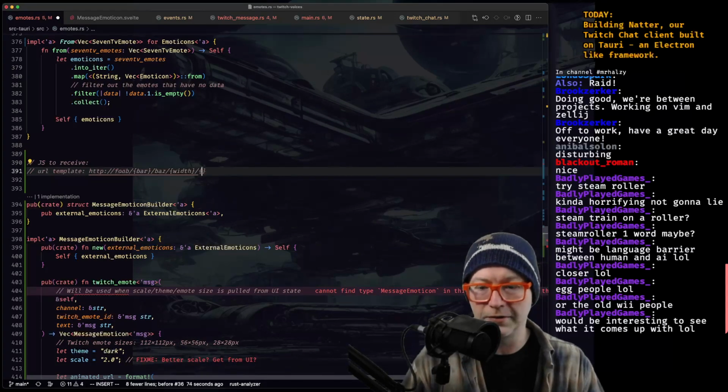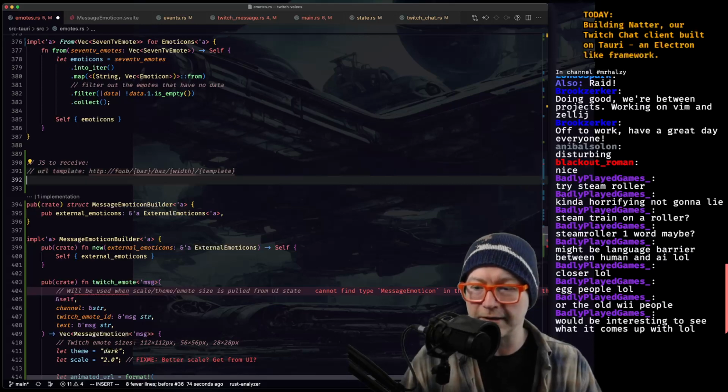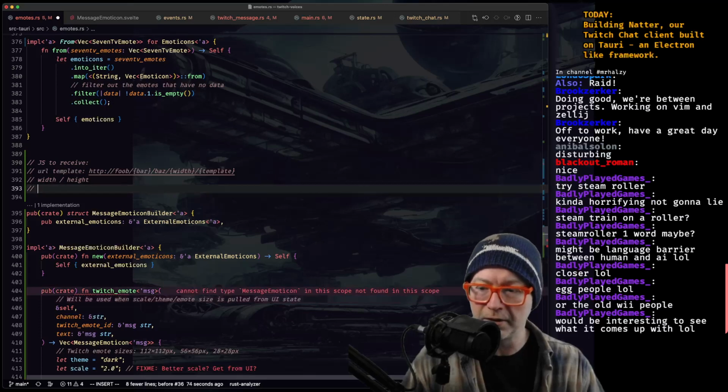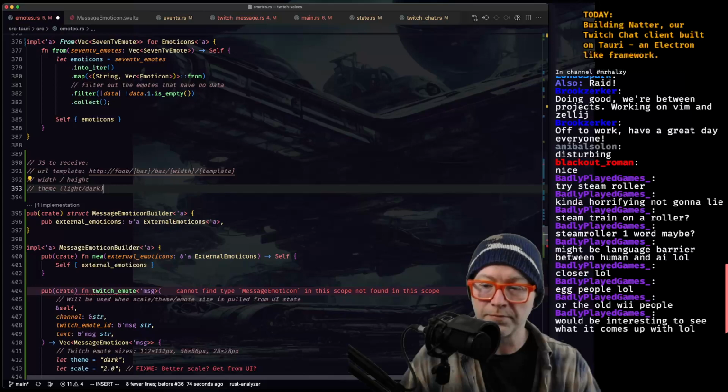With /template, blah, blah, blah. You get the idea. It will also need to know the size. So it needs to know width, height, right? And those need to be variables on it. It will also need to know a theme, which could be light, dark, right? For UI choices.